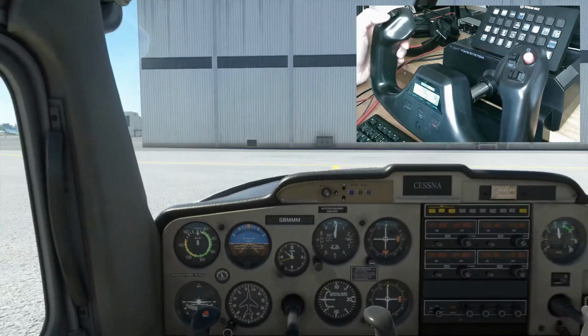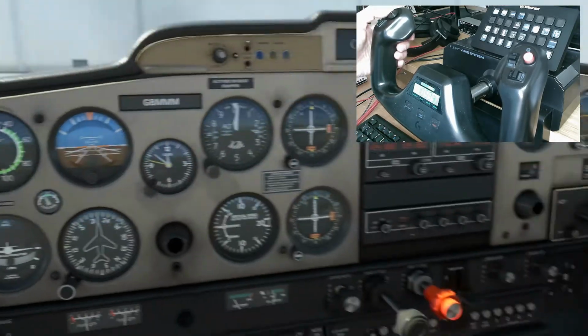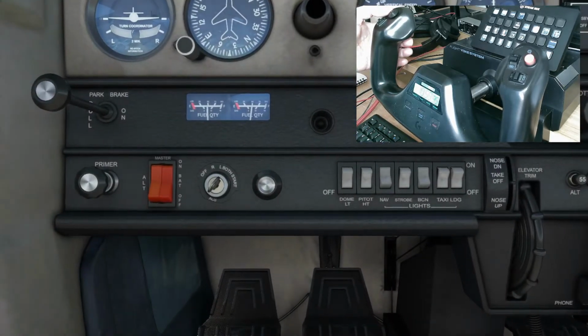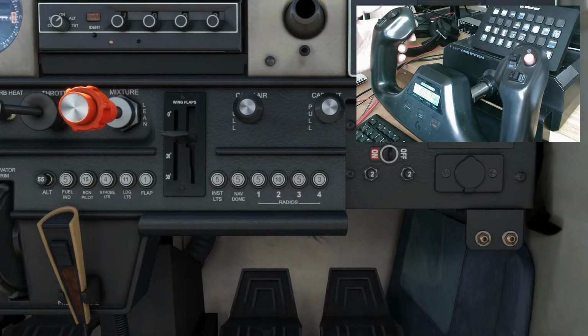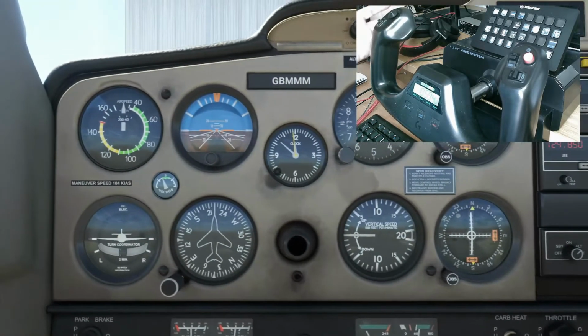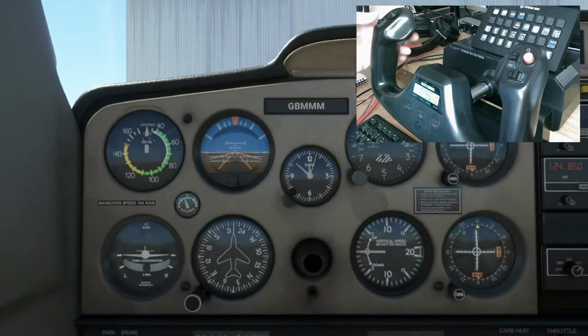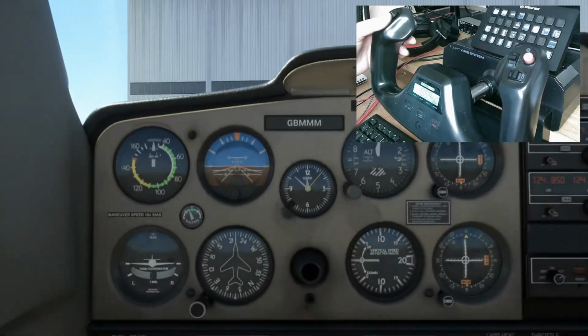So it goes through various views of the cockpit, and the button on the back here, there's a hidden button around the back, puts me into instrument view so I can switch across and use the hat switch to switch to the various different instrument views that are available to me, and I can come back out of that into normal cockpit view. So it's pressing that back button there,